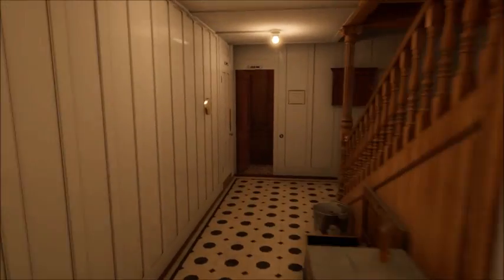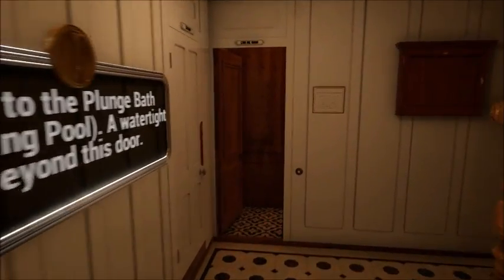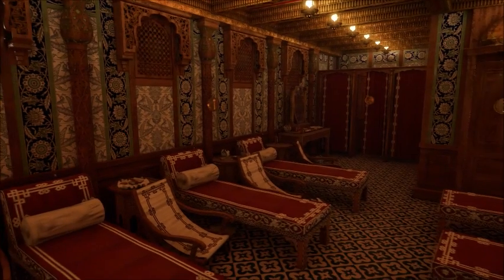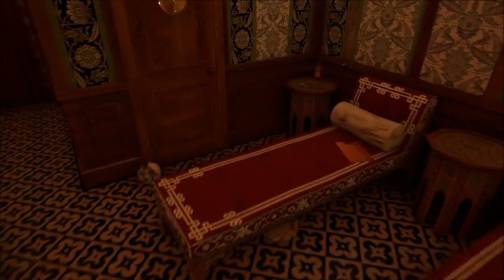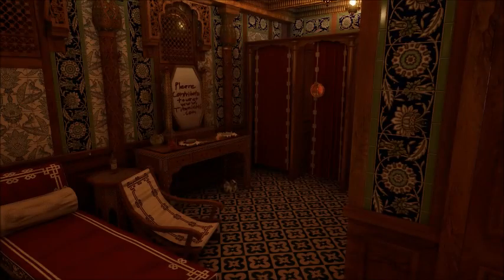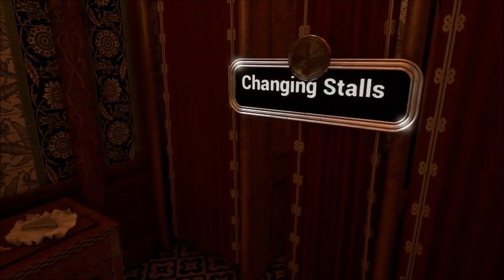These are the stewards and the bath attendants, because we are going to step in here. This is where the Turkish bath was. This was called the cooling room. After taking a dip in the Turkish bath, the passengers could come here and they could lounge and they could cool off. Here there's a locker, and here you have changing rooms where they could change into